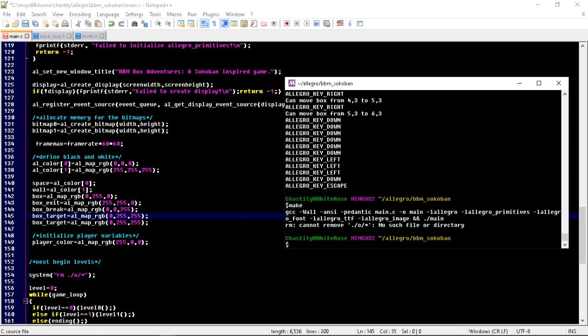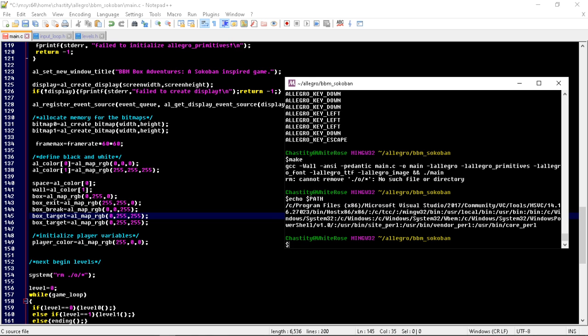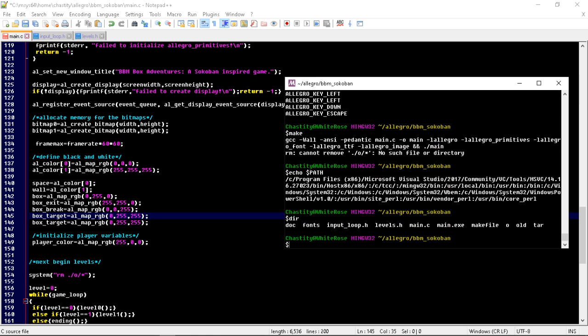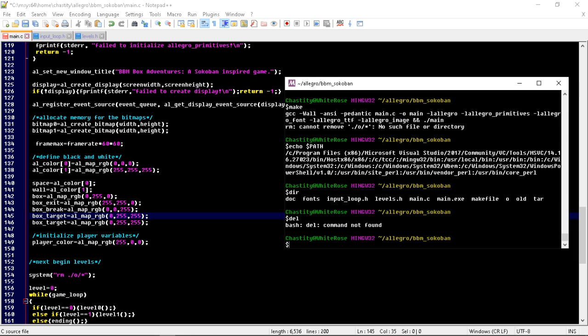And also, look at my path variable, echo path. It has access to several of my Windows folders, so I can type dir. I can do other things like, well, I can't think of anything else I want to show you. I wonder if Del works. Nope. Anyway,